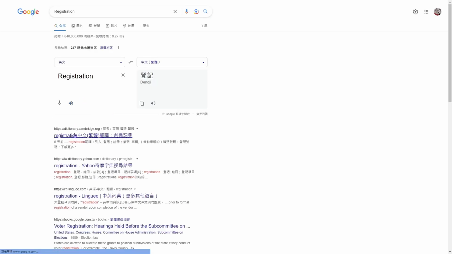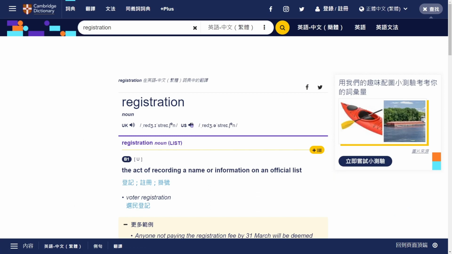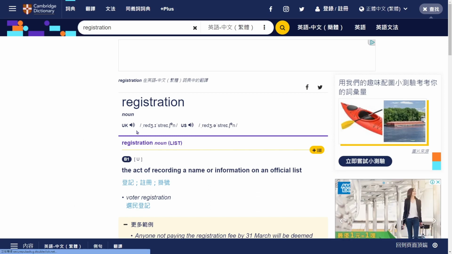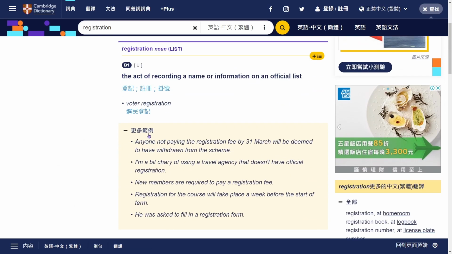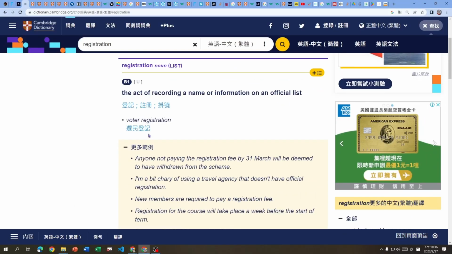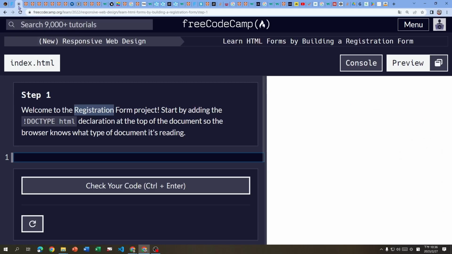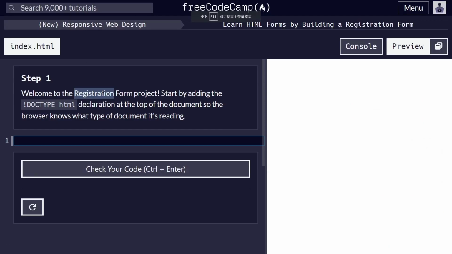Step 1. Welcome to the registration form project. Is that how you pronounce registration? Registration. Welcome to the registration form project. Yes, I'm looking forward. Start by adding the exclamation mark, doctype HTML declaration at the top of the document so